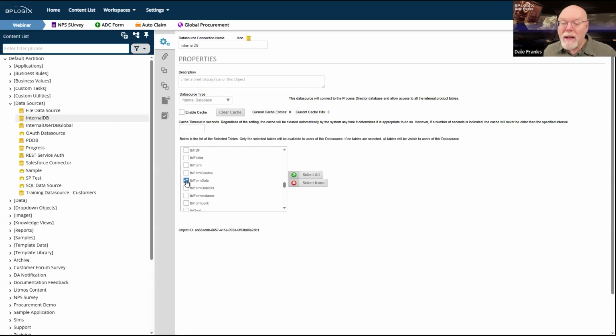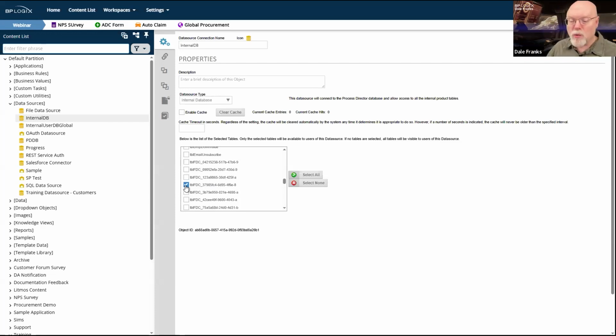That really slows down the return of data. So this data caching, by building my data cache table and enabling me to look in one specific place for the data for that form, does make a knowledge view data source run faster. It makes the knowledge view run faster. It makes a knowledge view business value run faster because the knowledge view runs faster. In fact, it runs a lot faster, as we saw in those previous two webinars, which I referenced earlier.